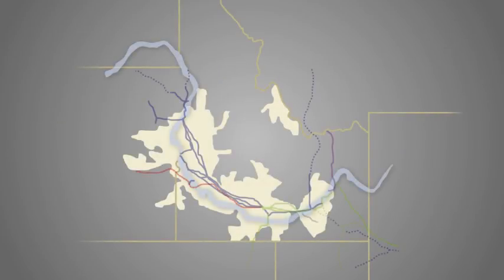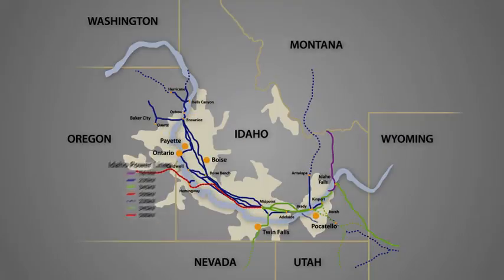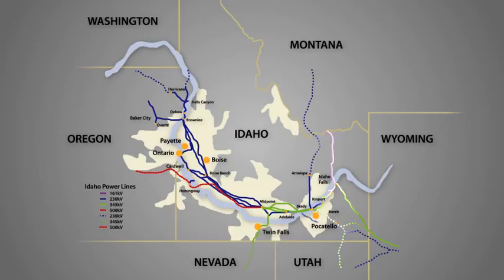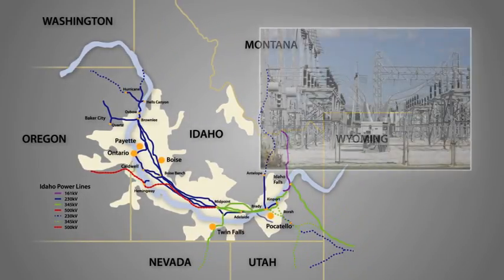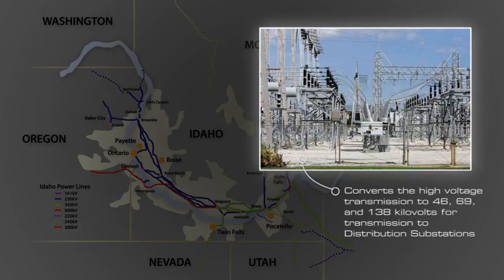Idaho Power's transmission system spans southern Idaho from eastern Oregon to western Wyoming. The system is composed of 115, 138, 161, 230, 345, and 500 kilovolt transmission facilities. The sets of lines that transmit power from one geographic area to another are known as transmission paths. These paths all feed into a main grid substation. The purpose of the substation is to convert the high voltage transmission to 46, 69, and 138 kilovolts for transmission